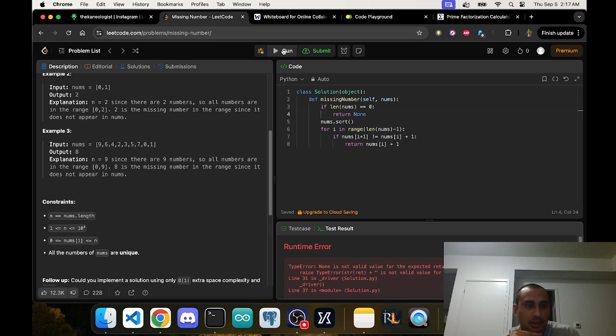If the length, okay, so n can be between 1 and 10 to the 4. Okay. n